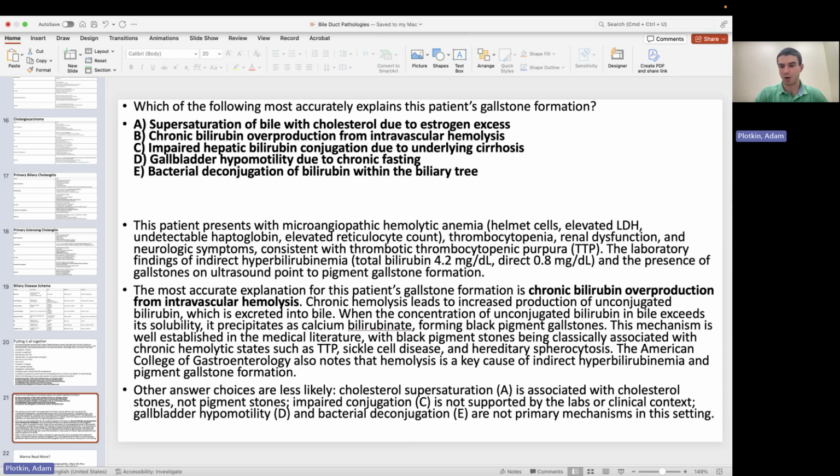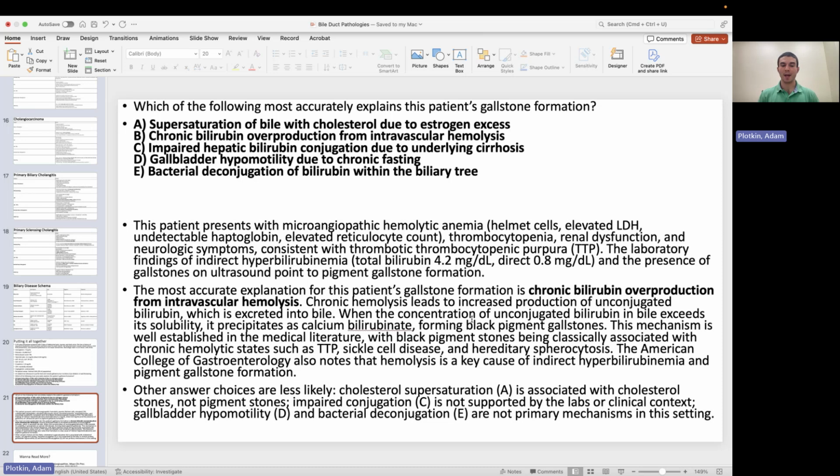For this lecture, we've got to figure out why she is having gallstones on top of this. Well, this patient is undergoing massive hemolytic anemia. So that's going to lead to a chronic elevation in bilirubin, which will end up causing supersaturation, right? The chronic hemolysis leads to increased production of unconjugated bilirubin, which is excreted in the bile. When that concentration of unconjugated bilirubin exceeds the solubility, it precipitates as calcium bilirubinate and will form these black